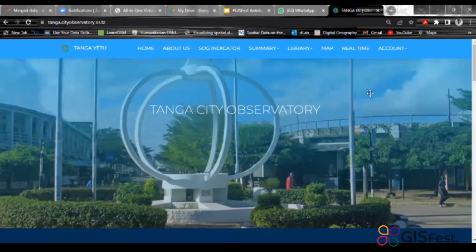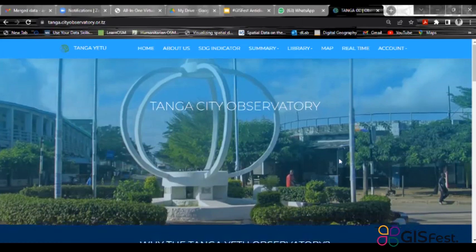Okay. So Tanga City Observatory is the place where people can contribute data, both GIS data as well as non-GIS data. These data are being used by different people as well as city council officers towards solving their day-to-day activities.